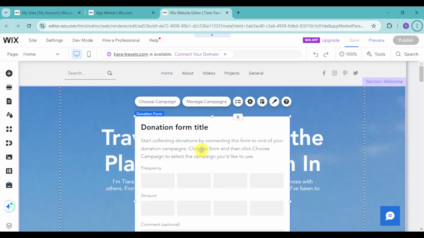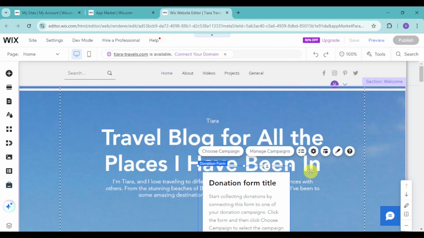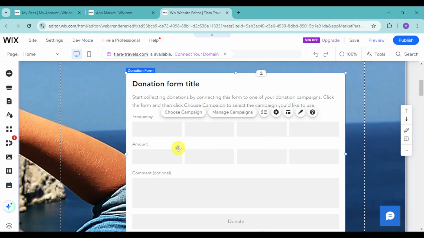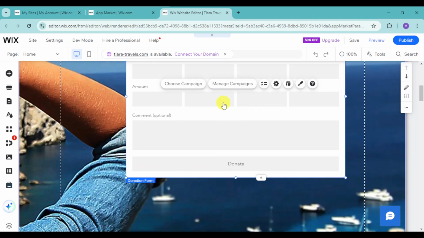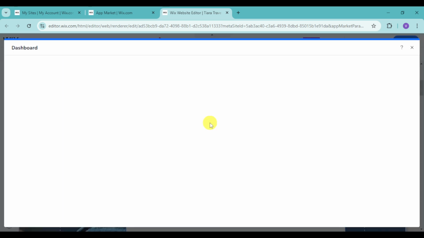And now the Wix Donation has been added, you can head over and add it to any part of your website. You can resize it right around here and then add it to anywhere. Now you can put in here your donation form title, the frequency that it will take, as well as the amount. You can head over and choose campaign or manage your campaign in order to add in here your own donation